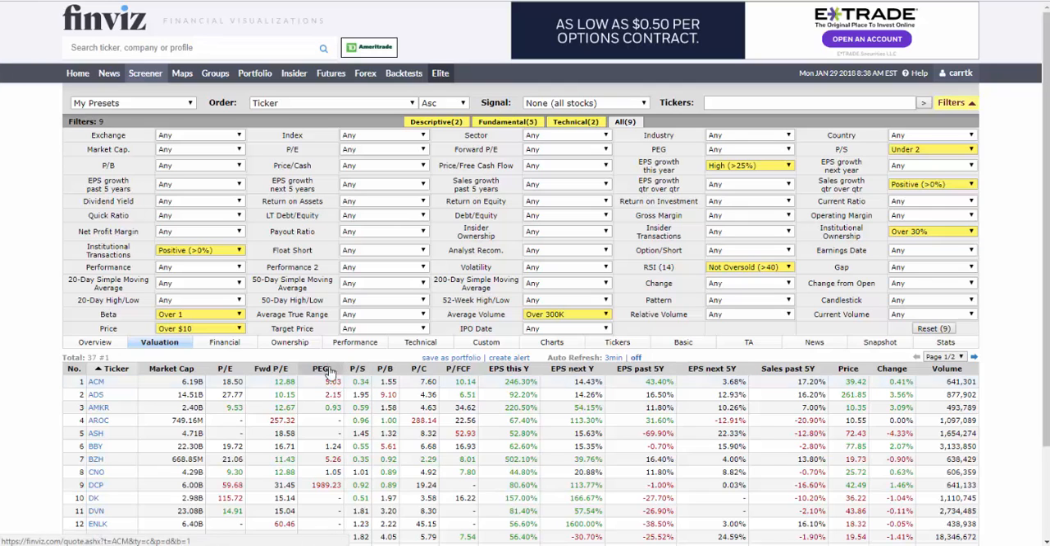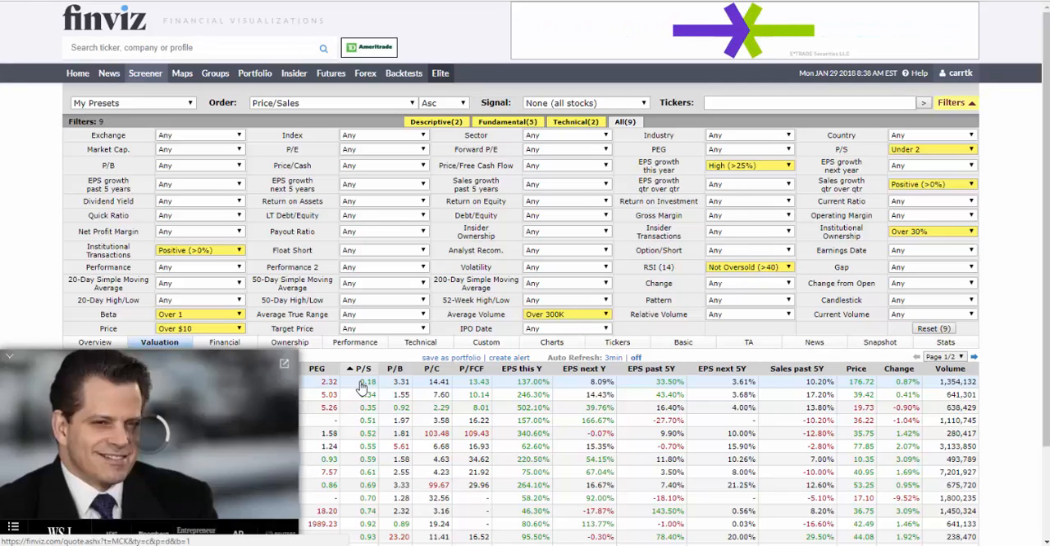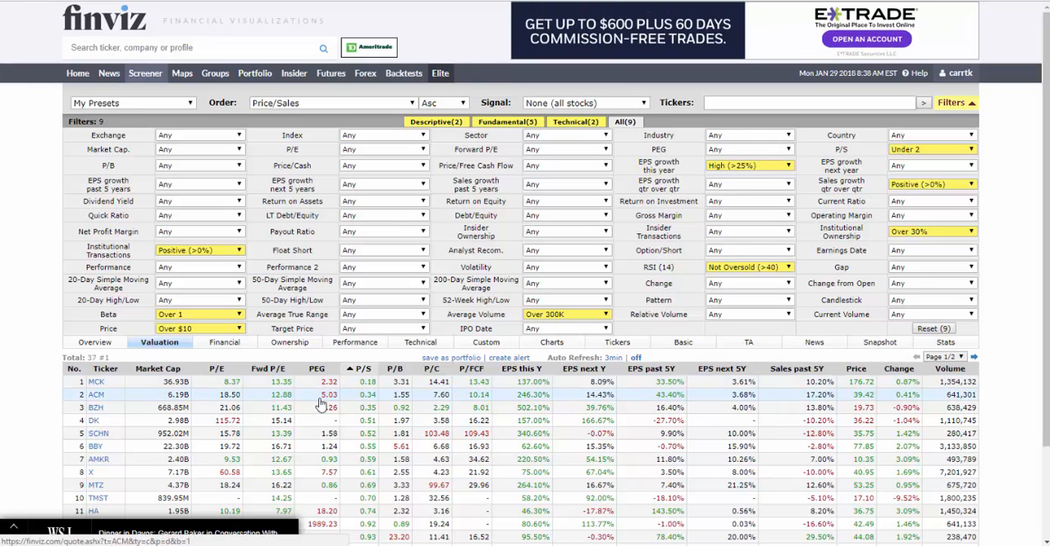But what I do is I click on this price to sales tab, and that will sort all the stocks based on price to sales, low to high. We want low, right? What we're saying with the price to sales ratio at a low PEG is that we want stocks that have very strong monetary values,